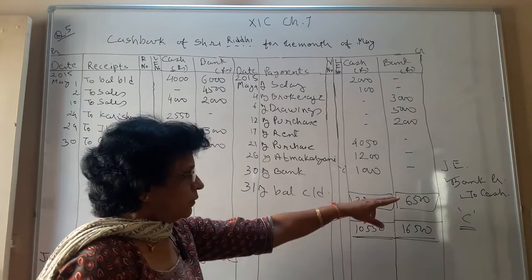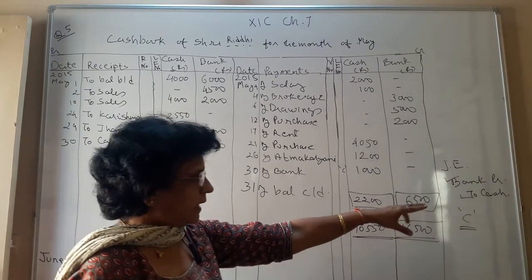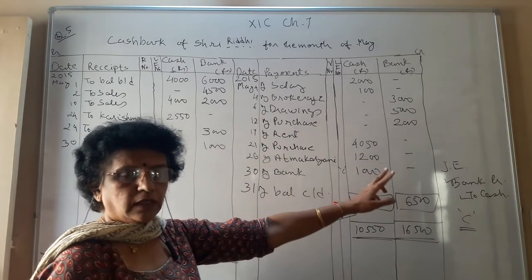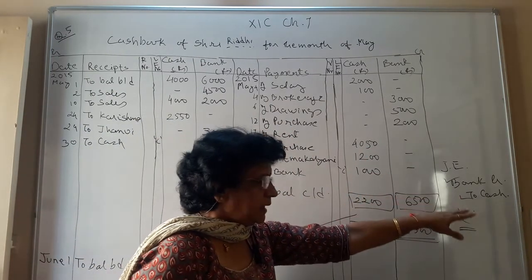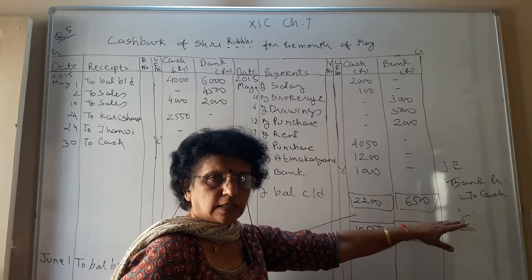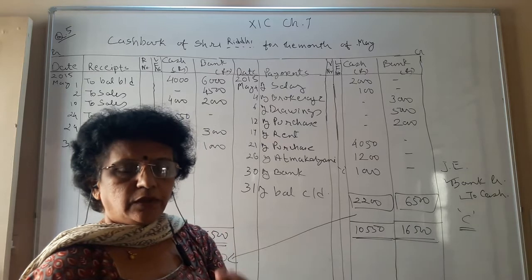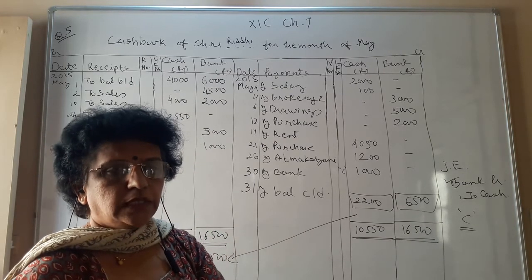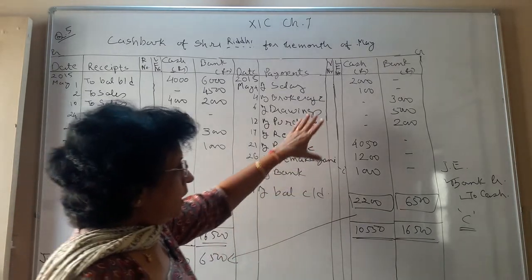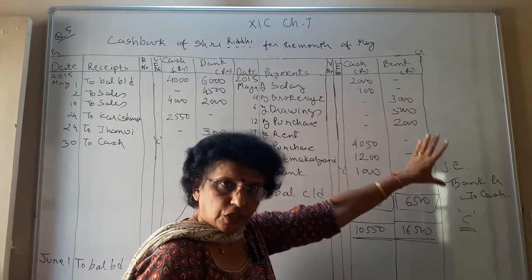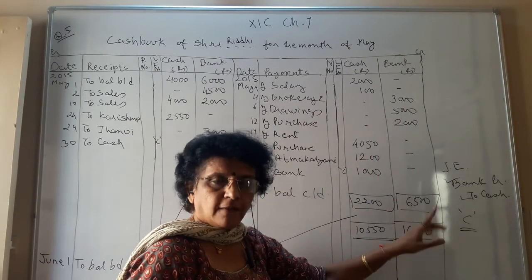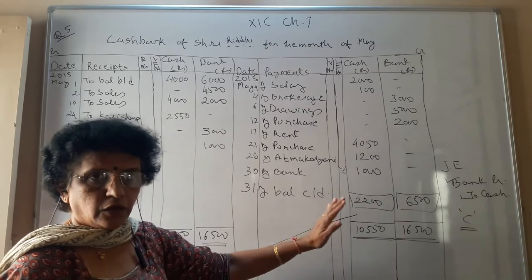Number 3, what is contra entry? Contra entry means the entry which is recorded on both the sides of the cash book, in which the bank and cash both accounts are involved. That's why we are recording on both the sides, and this entry is possible at 2 times: either you deposit into bank or withdraw from bank. Point number 4, when you make the payment by check, always record it in the bank column. Rest of the things as we are doing.